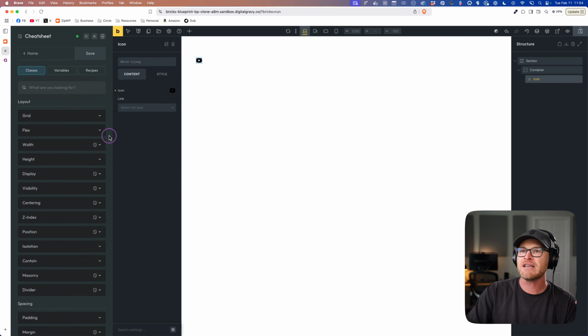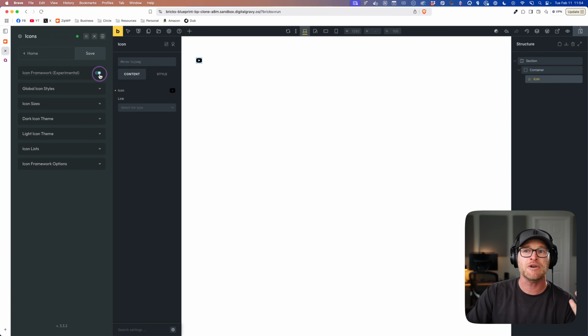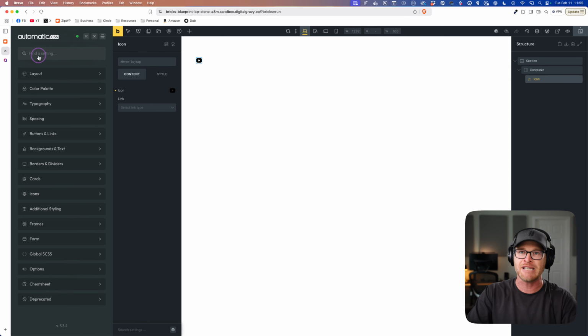I'm gonna bring up the icon framework here. We're gonna go to icons, just like we have cards. We're gonna turn on, I think everybody should turn this on. Everybody should start using it. We're gonna have it on by default because, again, it does not touch any icon on your website unless you want it to, okay? It will not auto touch your icons. You are safe, all right, from Uncle Icon Framework. You will not be inappropriately touched, okay?